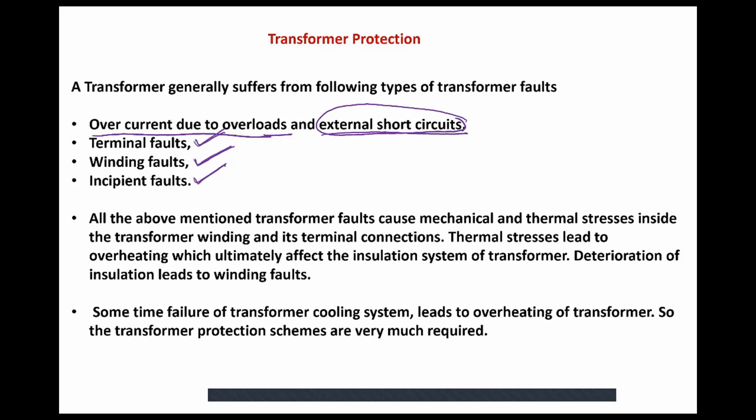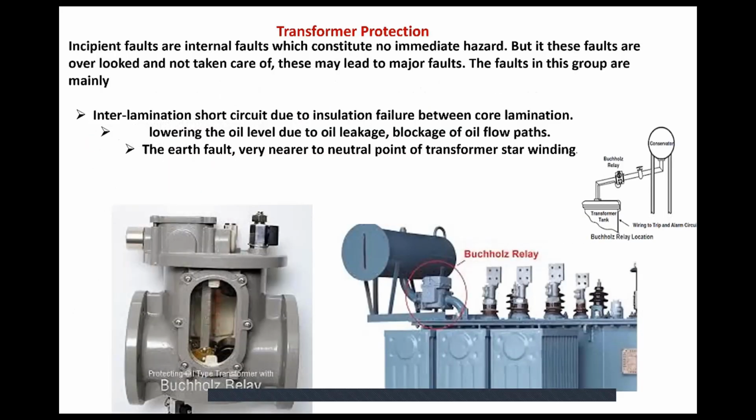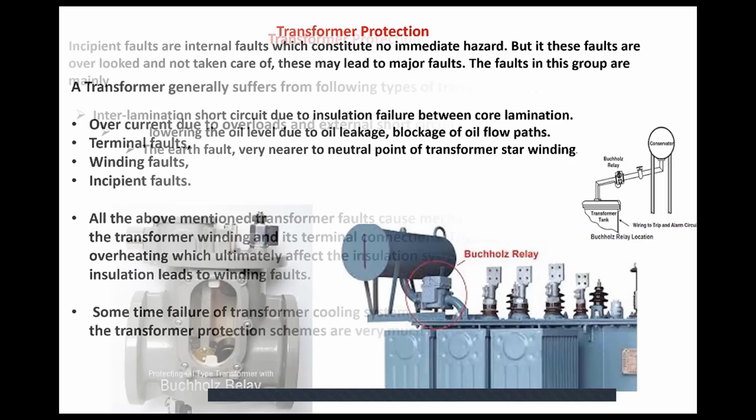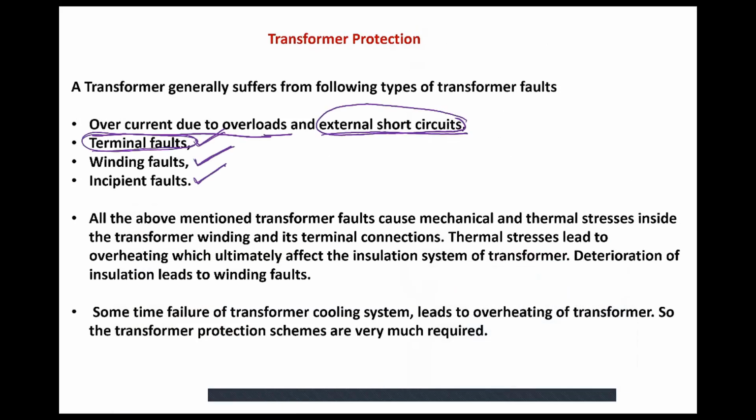Okay. So winding terminal faults are also very important, because in a transformer, there will be a big terminal box. Here, the terminal box is not shown. So in the terminal box, the big bushings are connected. The terminal bushings are connected like this. In that bushing, the conductor will come. Okay, so this is all body. Like this, the three bushings will come. Tomorrow I will show the image.